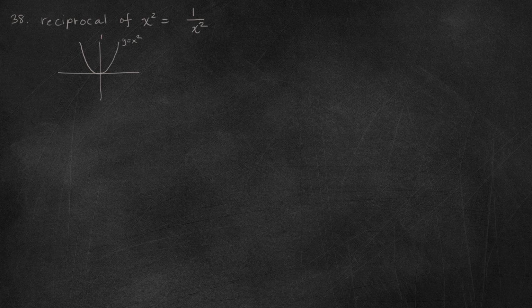The reciprocal has a vertical asymptote at x equals 0 and a horizontal asymptote at y equals 0. And it looks something like this. So as x squared approaches 0, its reciprocal approaches infinity, and vice versa. Now the inverse of x squared,